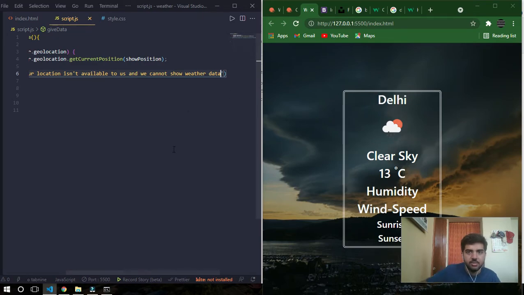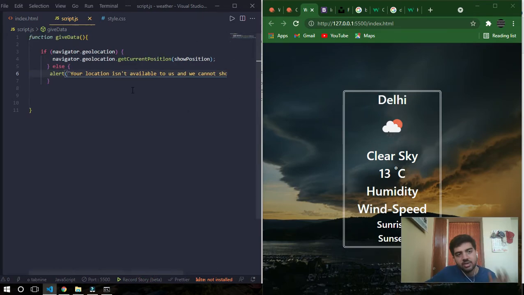And inside this we have navigator.geolocation. So this is what you call the geolocation API. This will return the current position of the place where you're staying.